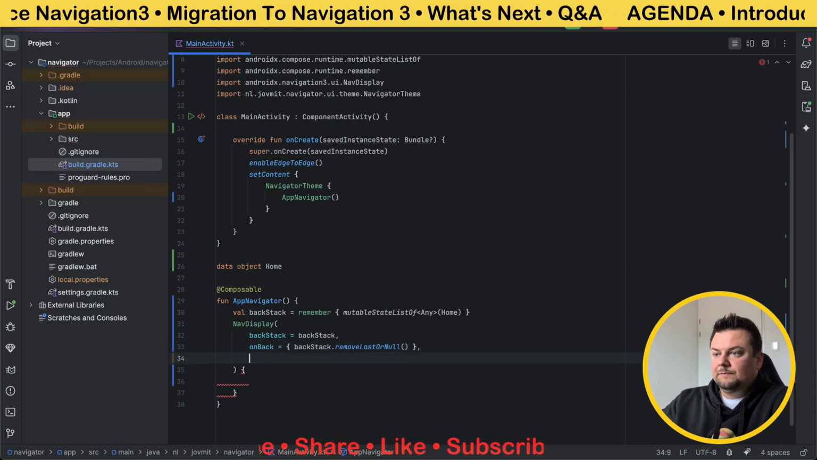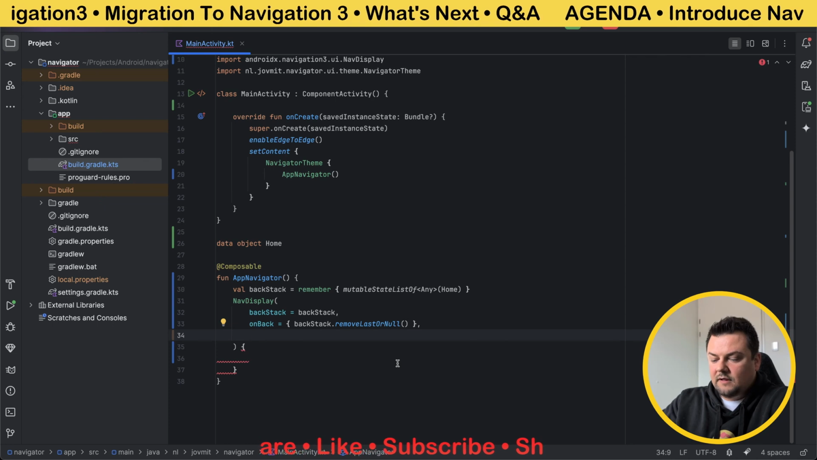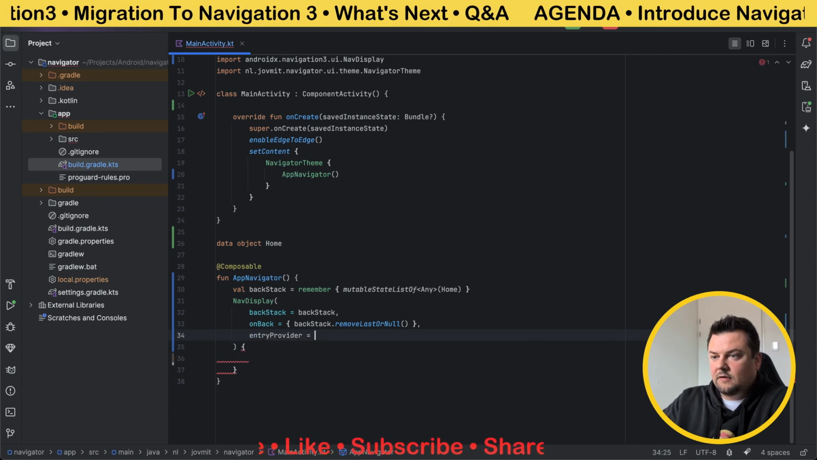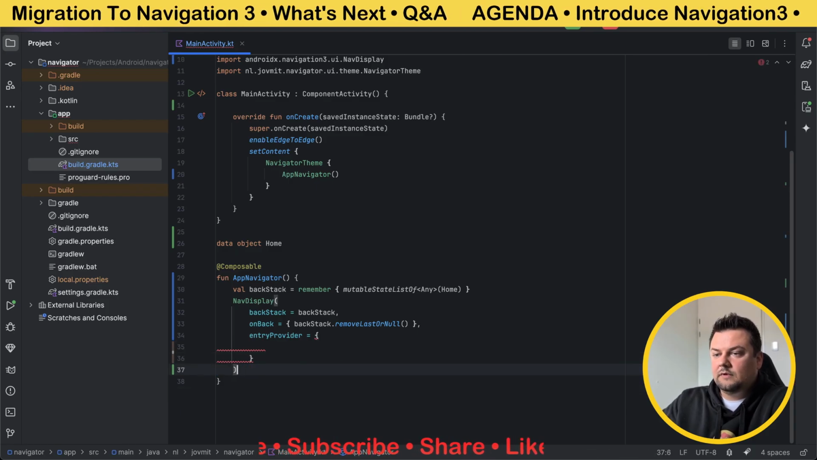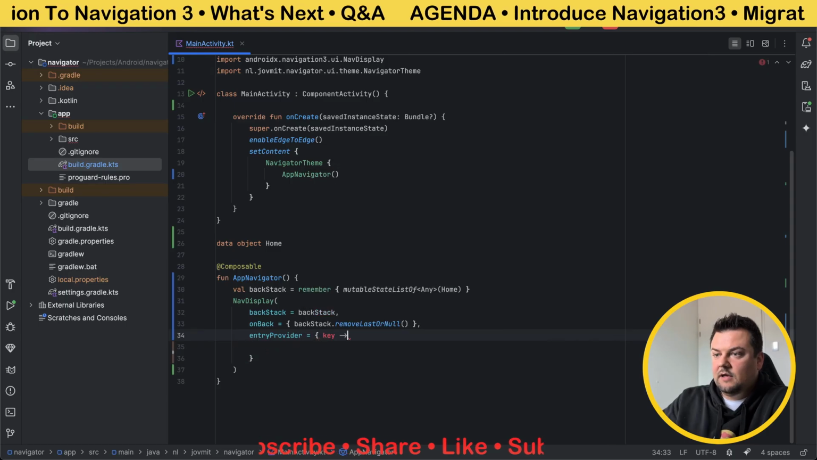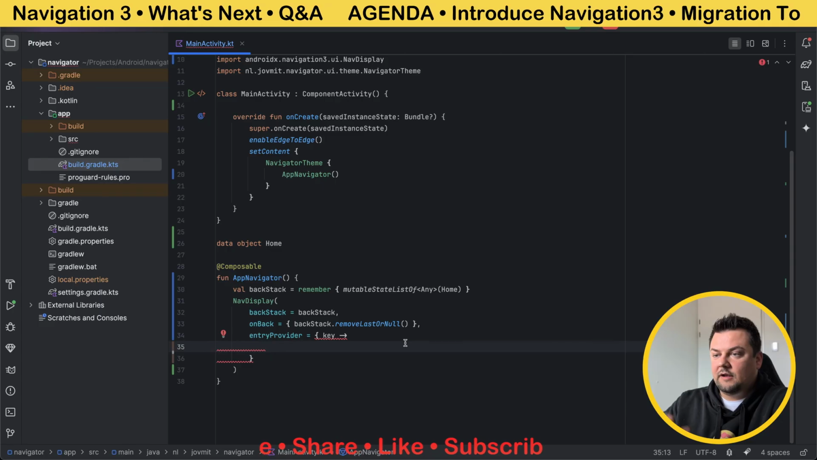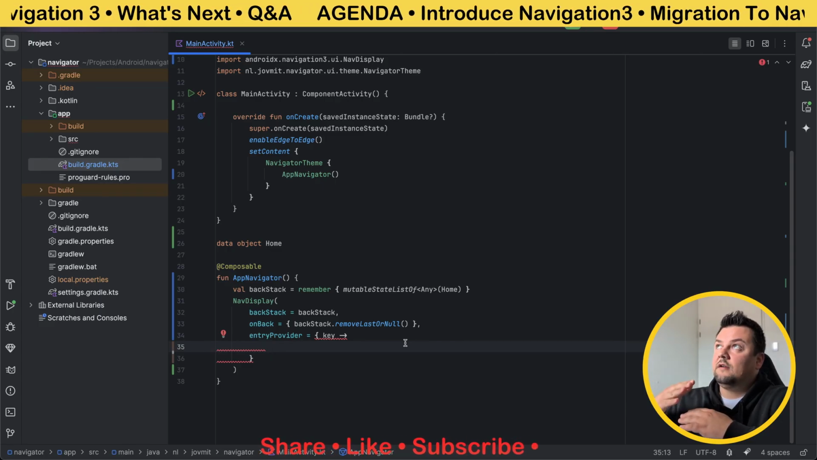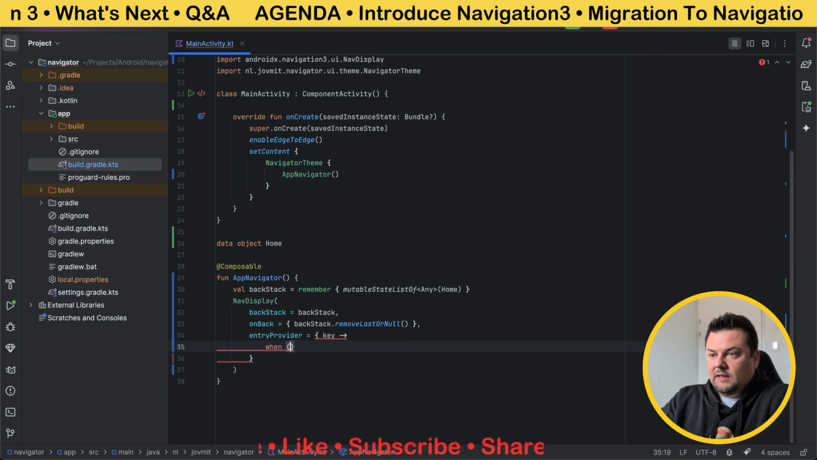And then here we have to say what's going to be our entry provider. So this is a lambda where we can define, it gives us back a key. And then based on this key, we can provide the screens of the navigation. So here you can say when the key